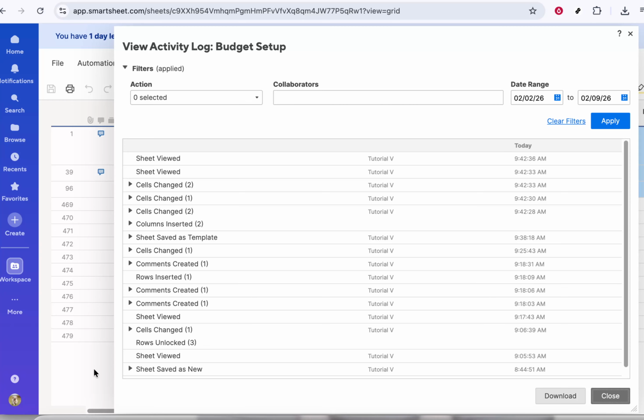Remember, access to activity history can depend on your role and permissions on the sheet. So if you don't see the option, you may need to ask an administrator or the sheet owner for the appropriate access. And that's all there is to it. By opening the